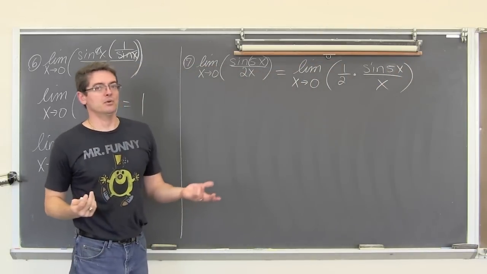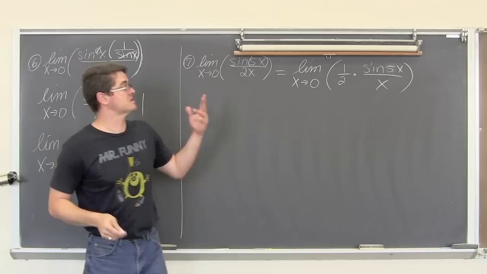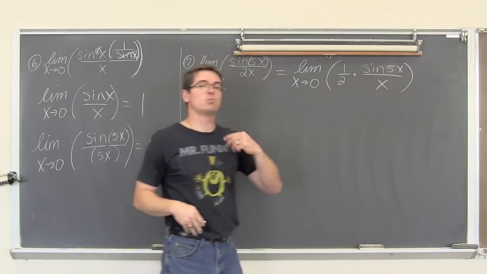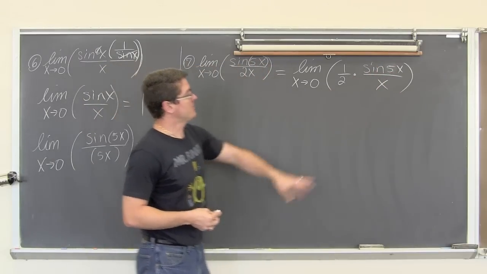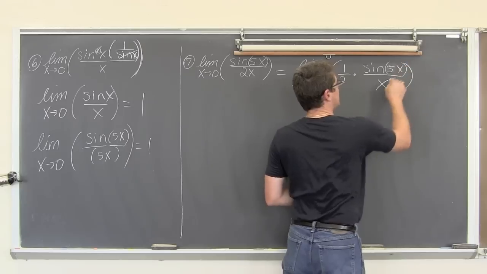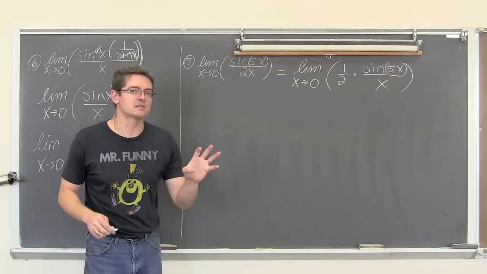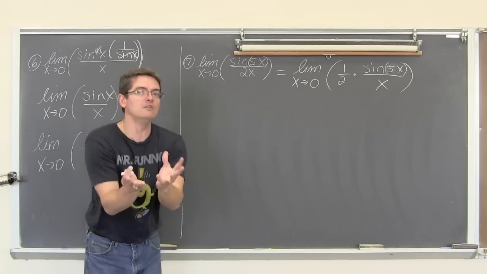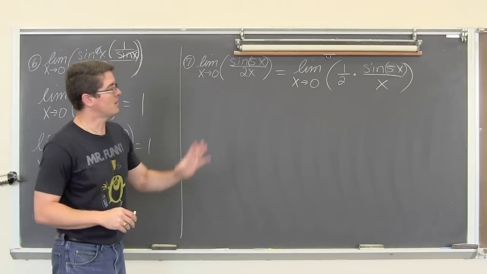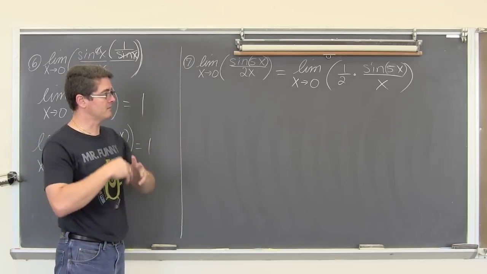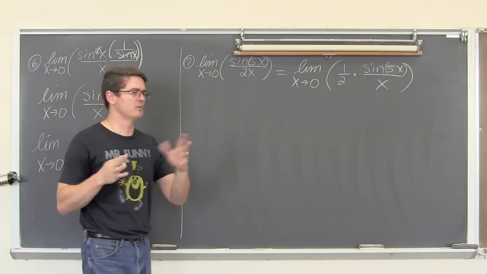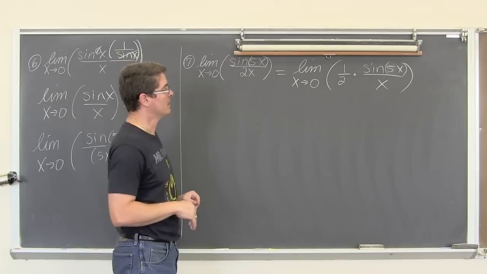Okay, well, whoop-de-doo, I still don't have a match. This is still 5x, and this is still just 1x. And again, this 5x is in the math function. It's not sine times 5 times x. It's the sine of 5x. So that 5 is going nowhere, not without some identity work or something. So forget it. It's not going anywhere.